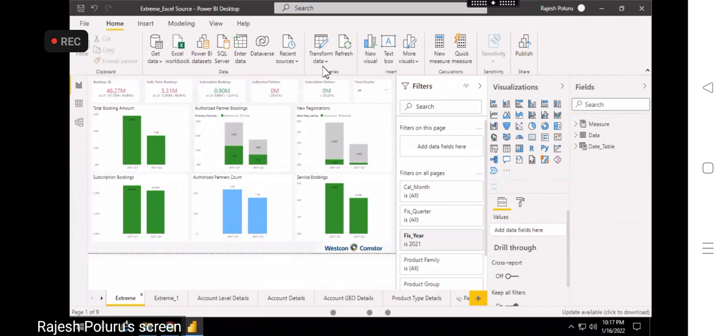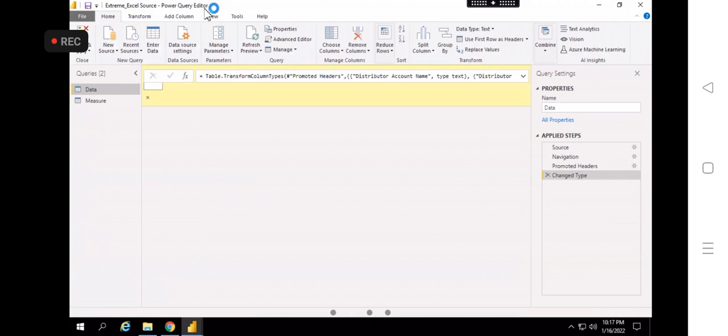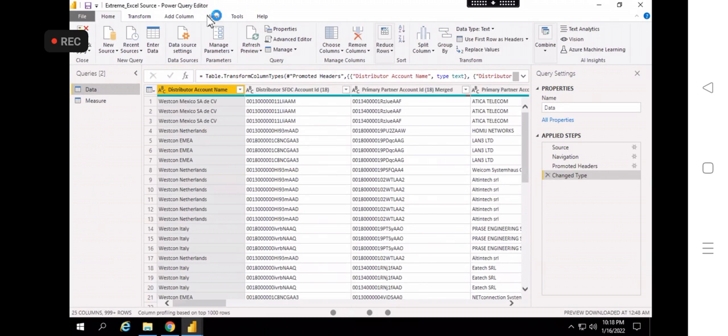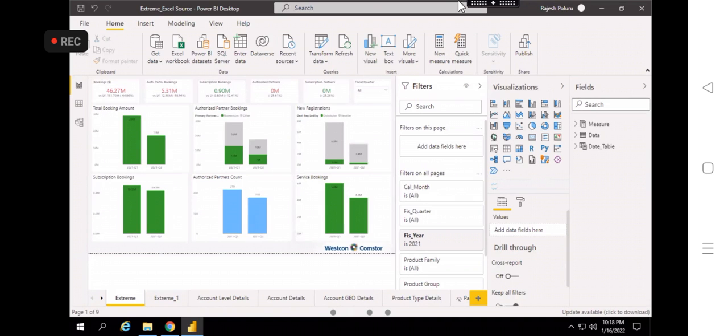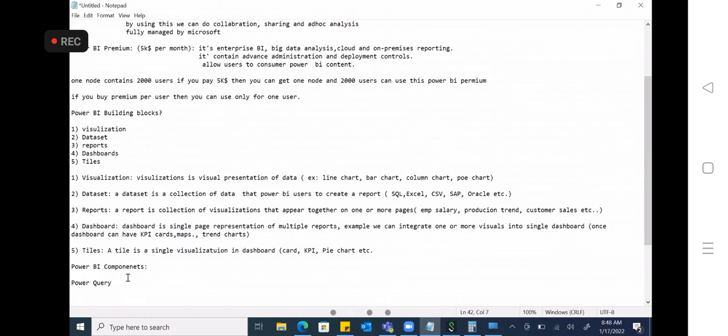When you click on Transform data, it will take us to the Power Query editor. So when you are creating any report, you definitely go to Power Query and do so much stuff here. So Power Query, and then Power Pivot,